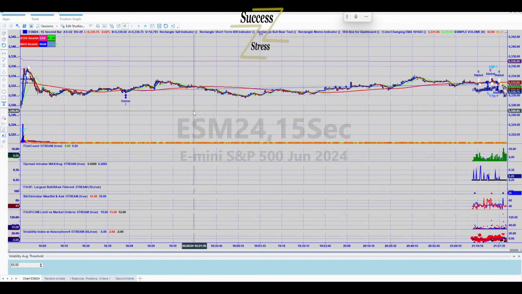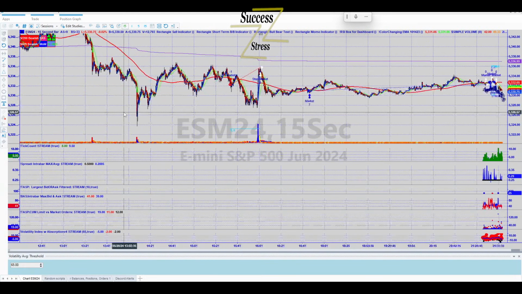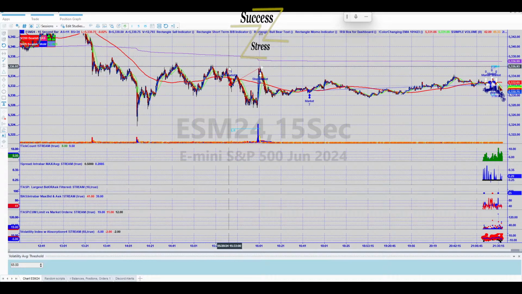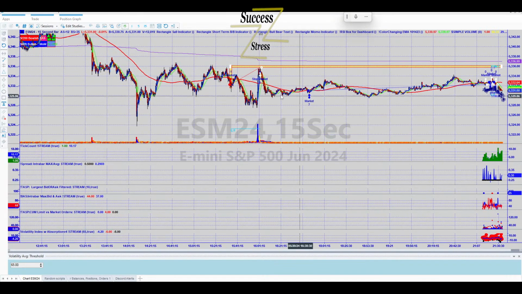But would it have come back down into our favor? Maybe. Because we got in right here, in this area, and our stop loss was right up here. I mean, like I said, to the tick. But it didn't come back up that high.